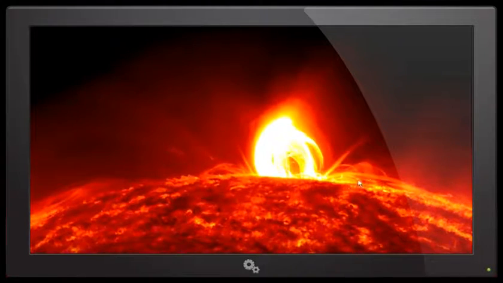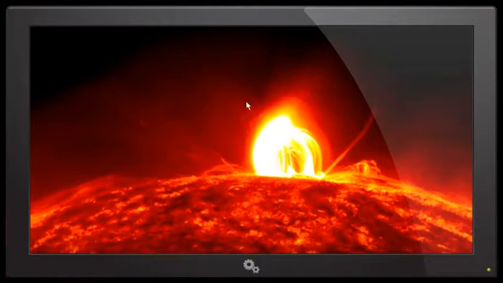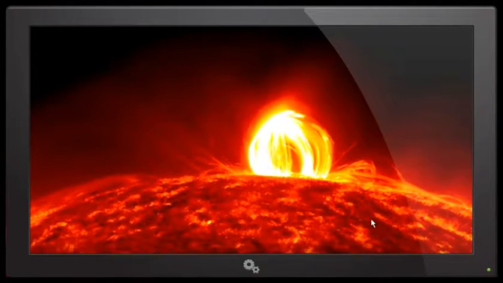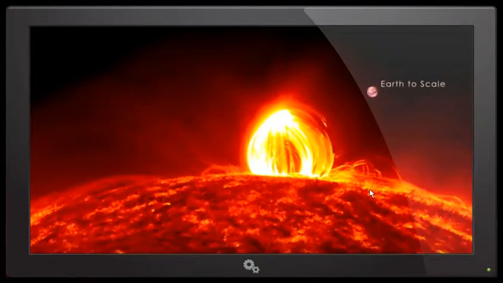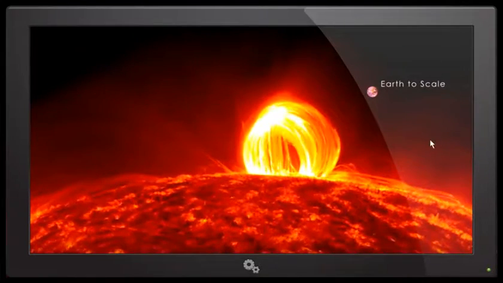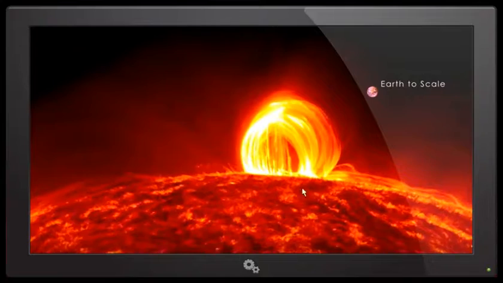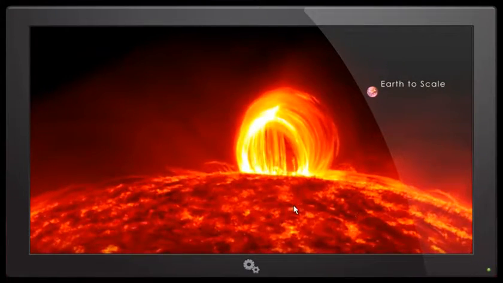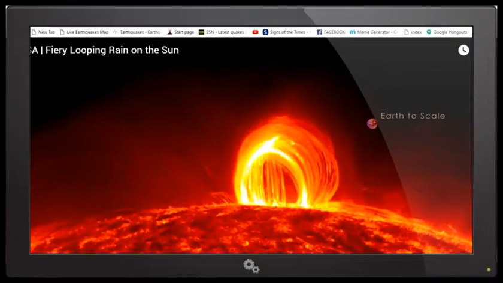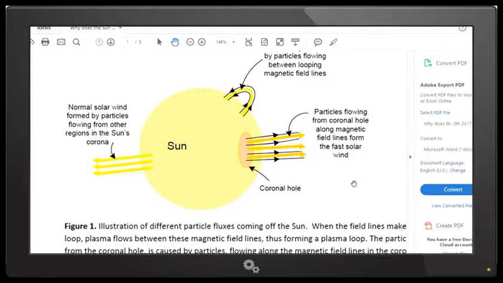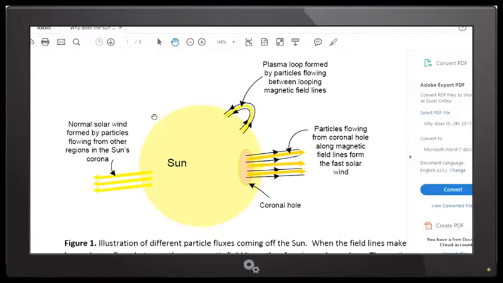Now there's a lot to understand pertaining to what is occurring on the sun. And as you can see, these are absolutely spectacular. Here you can see the Earth to scale pertaining to the size of the sun and these plasma loops. Now we're going to go ahead and get directly back to the report. Now this is just showing you the rendition of the sun and normal